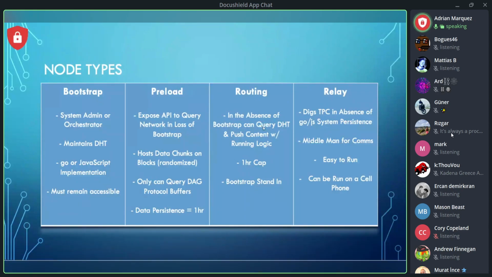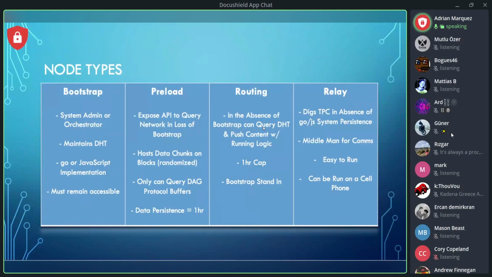But like I said, if we have a system with specs that are more suited for one or the other, then we're able to dedicate one as the routing, one as the preload, and that essentially will make them run more efficiently. Now, the next one is kind of the most exciting one, even though it does the least,